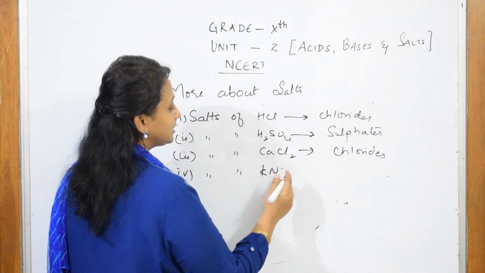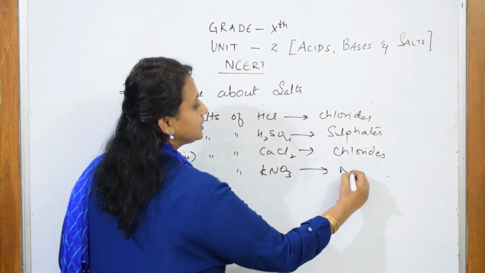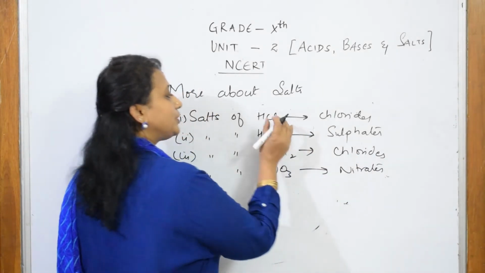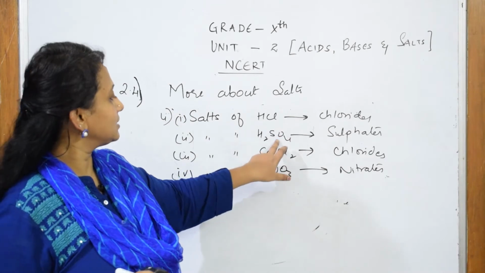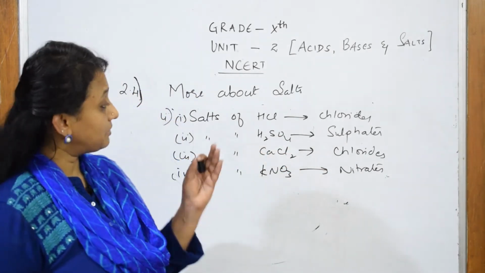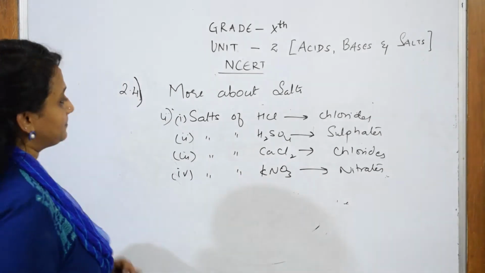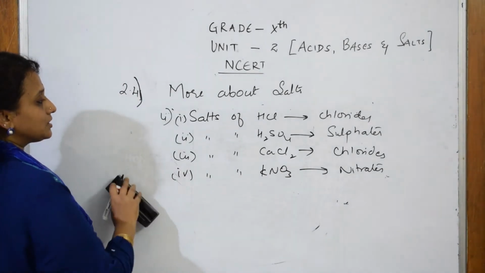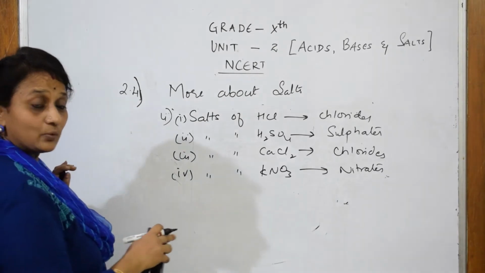So what is the thing here? What do we have? Nitrate. So that means whichever you are going to take the last part, that particular ion, we call it as chlorides, nitrates or sulfates. Ma'am, how can I apply it in the example? Let's see. So hope you would have noted this. Let us take this and take one example.